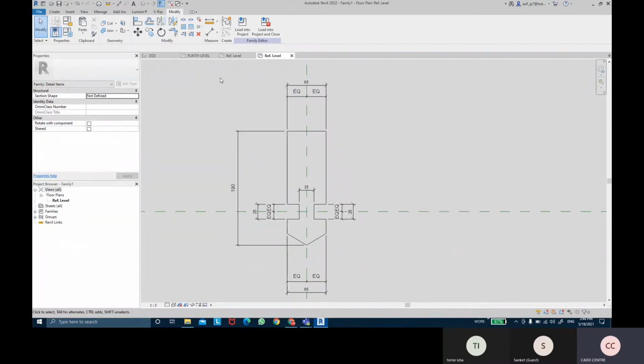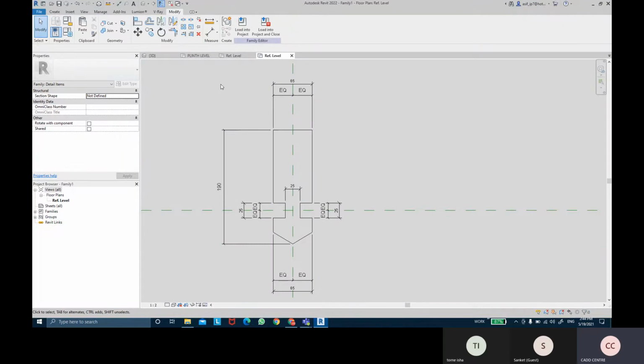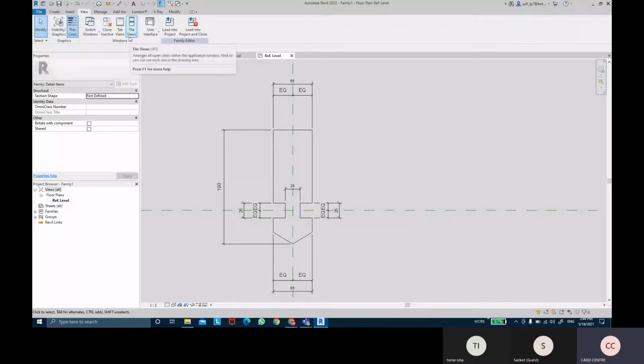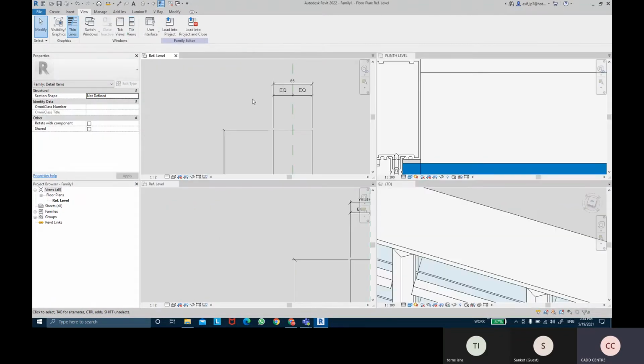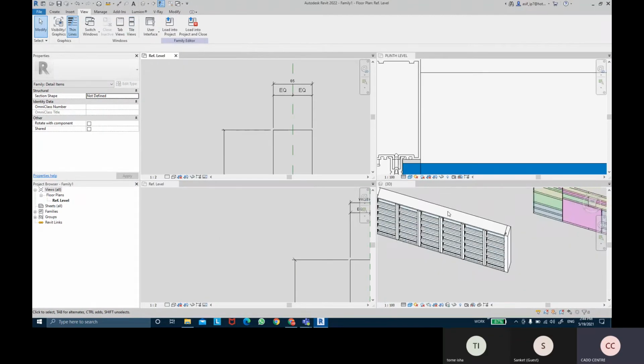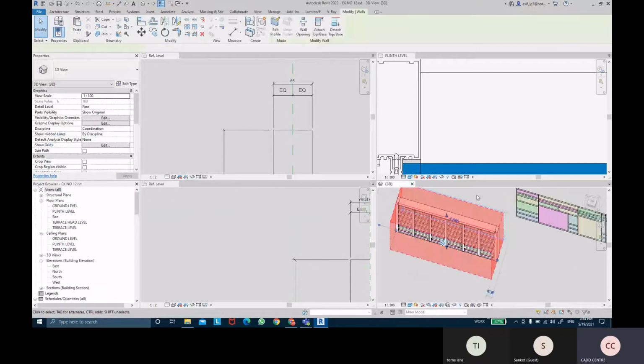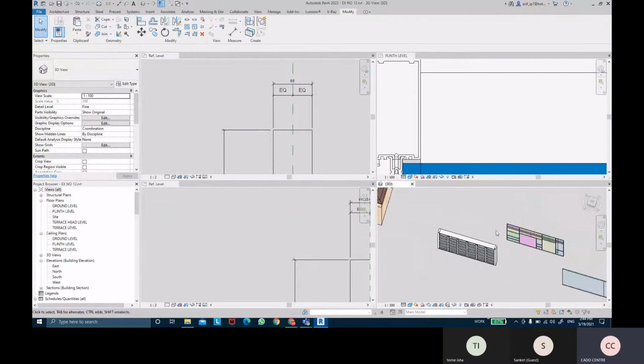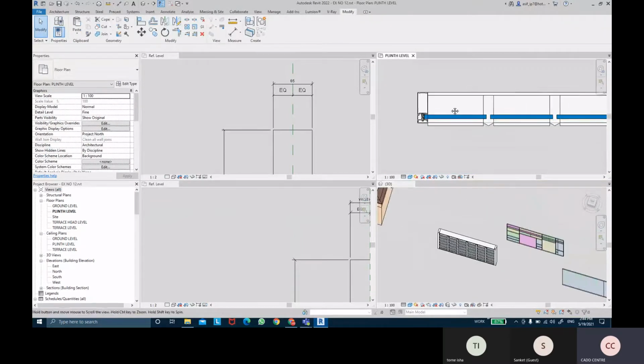For a temporary view right now, I'm going to press WT to tile the windows, or you can come into the View tab and take the option called Tile Views. So I'm going to click on tile views so that I can view all the views together. This is my project 3D view, and this is the plan view.